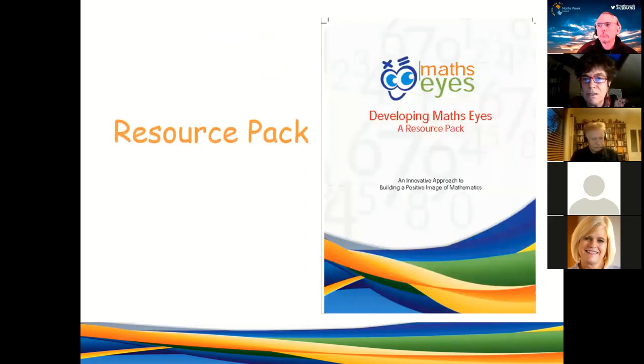And one of those is a resource pack that you can download, and within that resource pack there's, I think, six different posters, and each one of them has a series of STEM questions that you can build on. So it's a good place to look at how to think about the posters and how to think about the taglines. And there's more information there about how to go about developing the MathSize with your students. There's also some fun activities in the resource pack that you can do. So I would advise you to go have a look at the resources that are there.